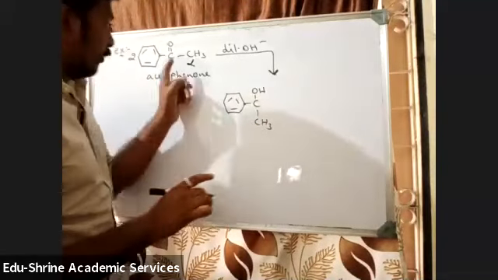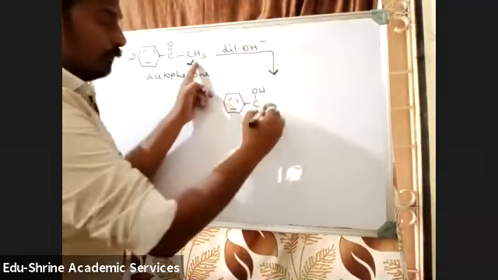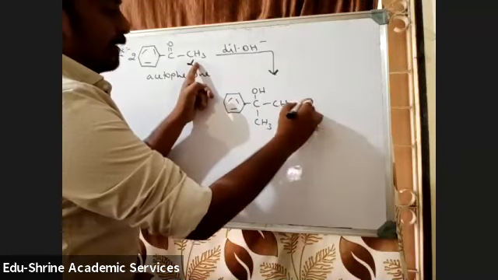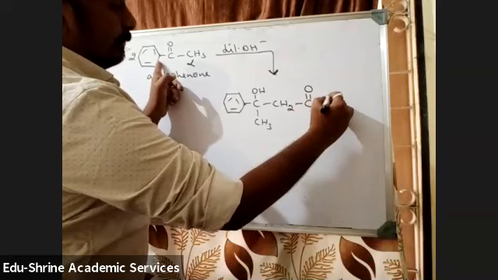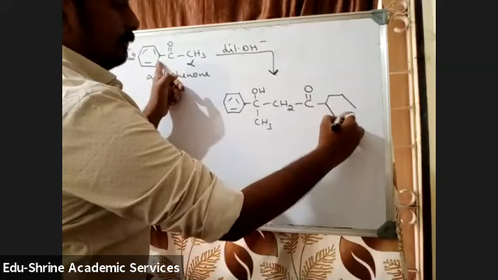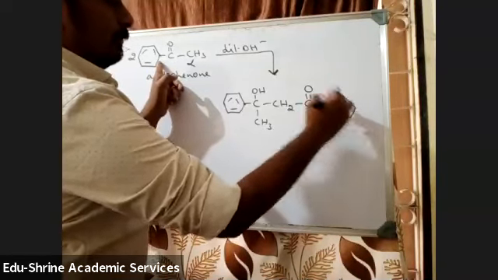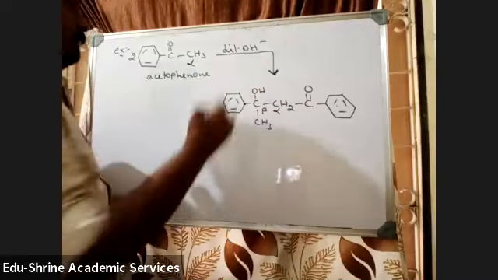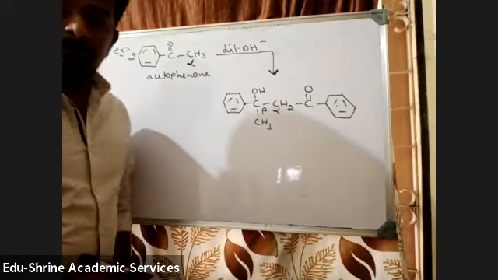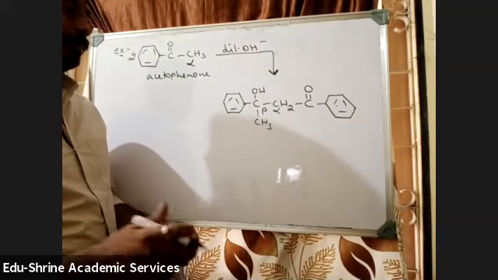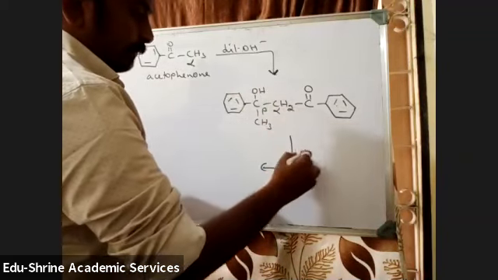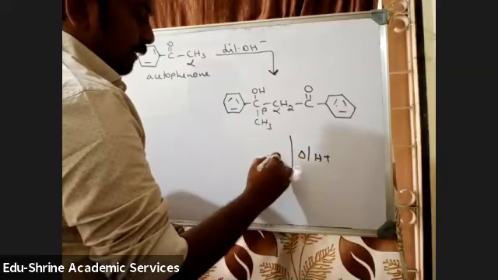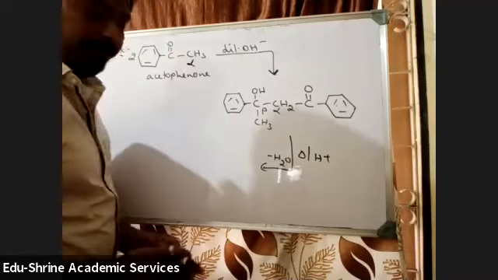From the other molecule, this CH3 becomes CH2 attached to this carbon atom. CH2, C double bond O. This is alpha, this is beta. Okay, next if you heat in the presence of acid, water molecule will be lost and you will get